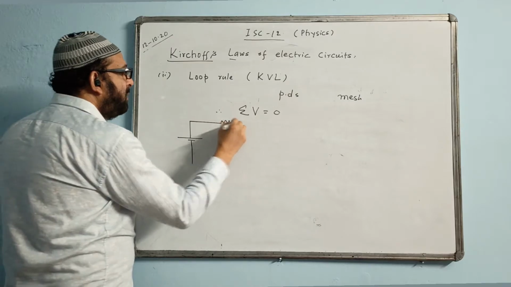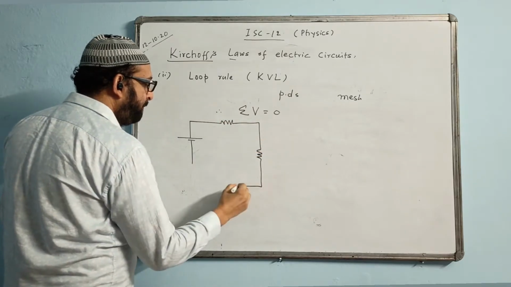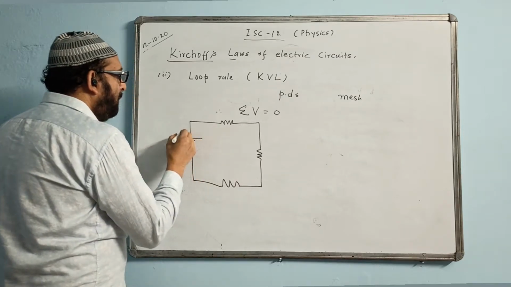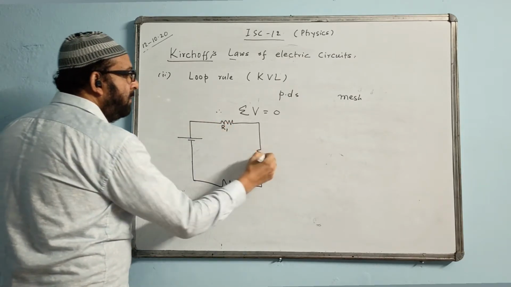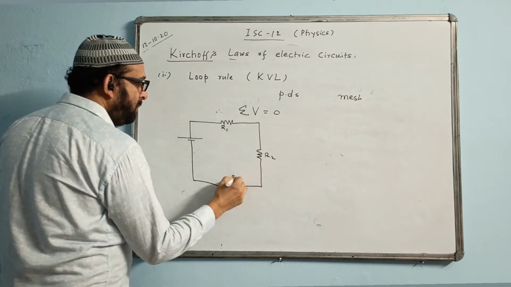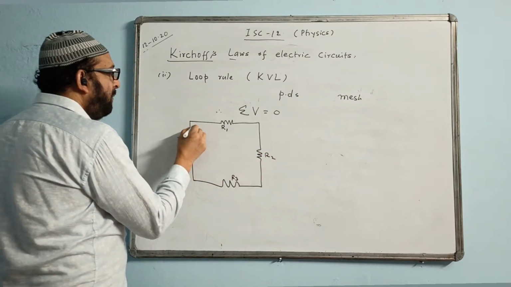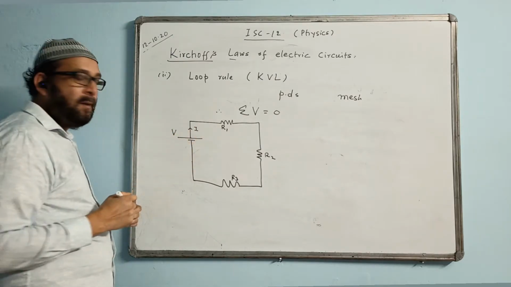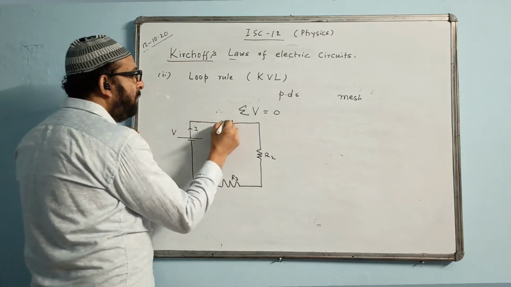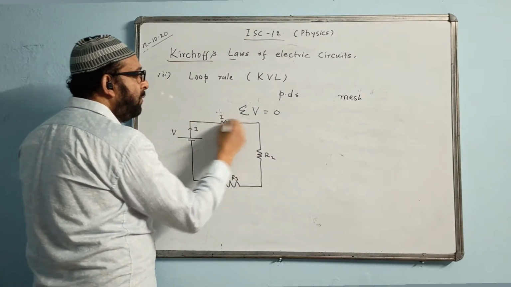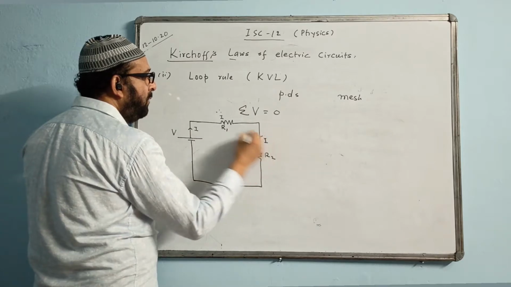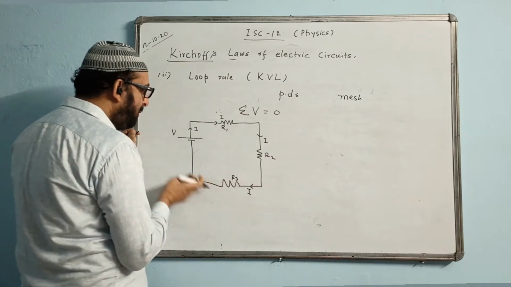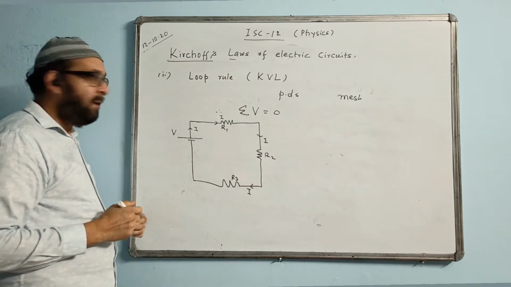Suppose we have a circuit like this. This is R1, this is R2, this is R3, the current from the cell is I, and the total voltage given is V. You will find that I will flow here. What is the current flowing here? You say I. What current will flow here? The same I in this direction. Here what current will flow? I, because I is running like this and going back to the source like this.